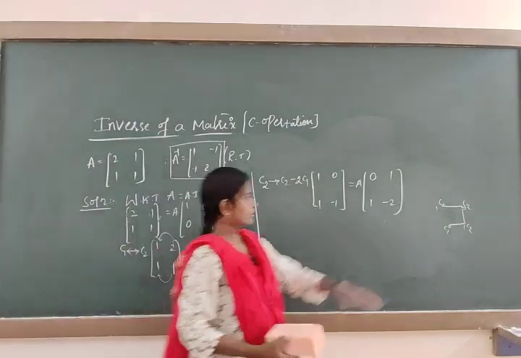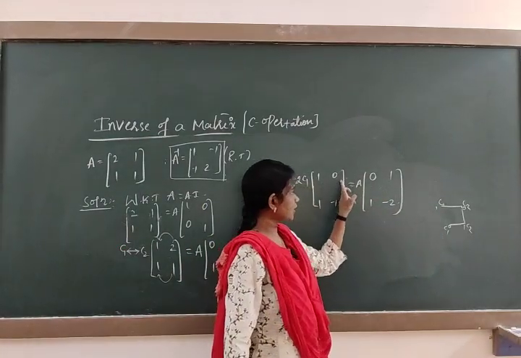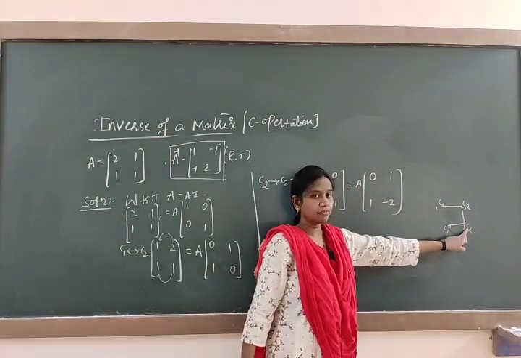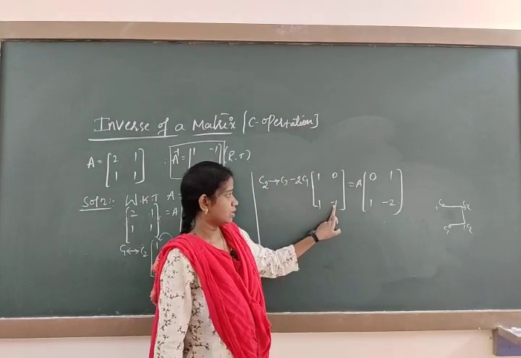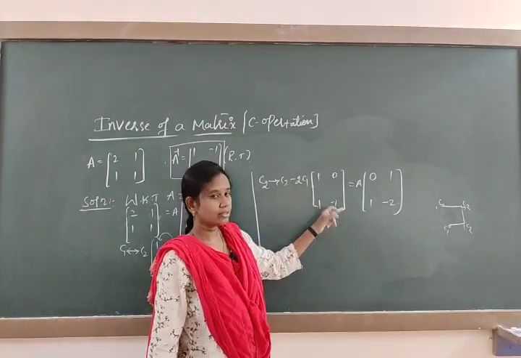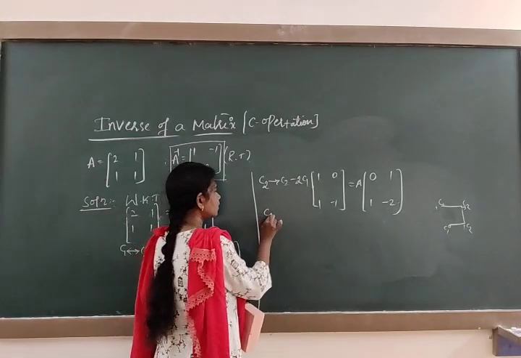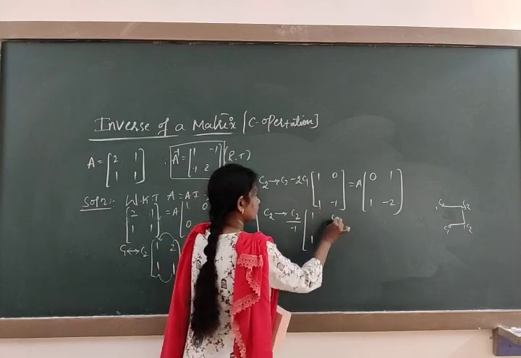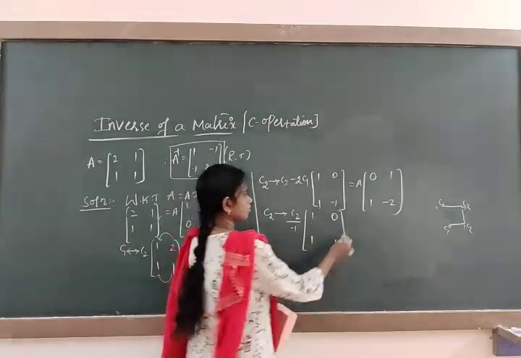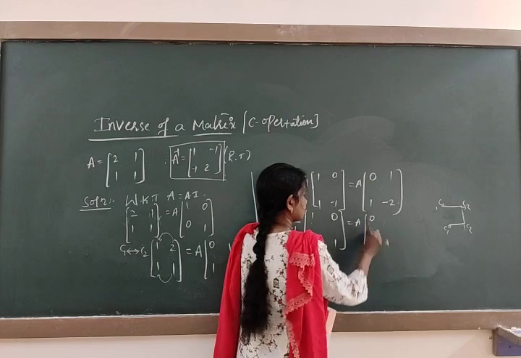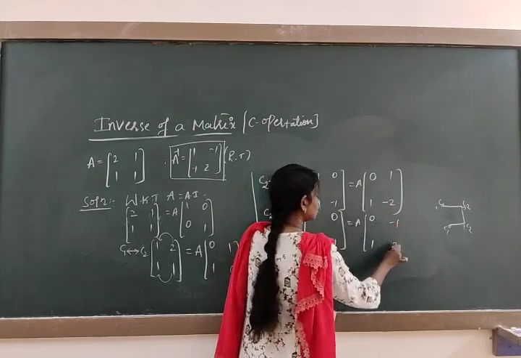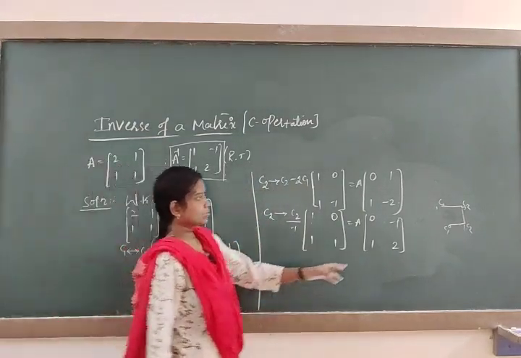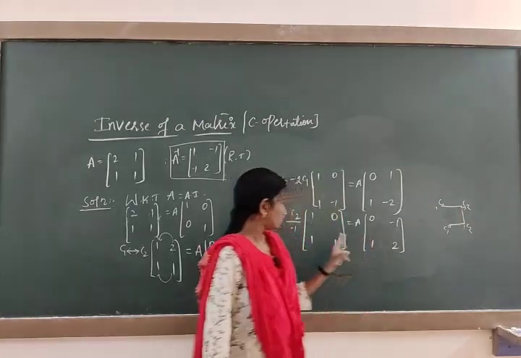follow the figure again. The first point will be 1, the second point will be 0. Next, the third vertex should be 1, but we are having a minus 1. So this minus 1 is present in which vertical line? C2. Therefore divide throughout by C2 to make it positive. This was plus, it will become minus; it was minus, it will become plus. So now again look at the figure, it's 1 0 1 1 0 1.